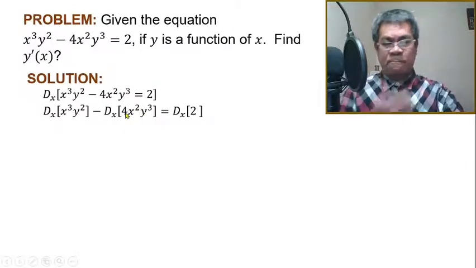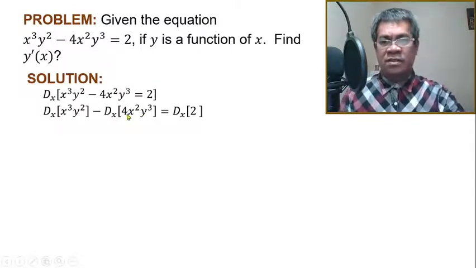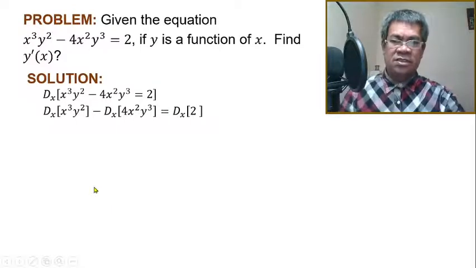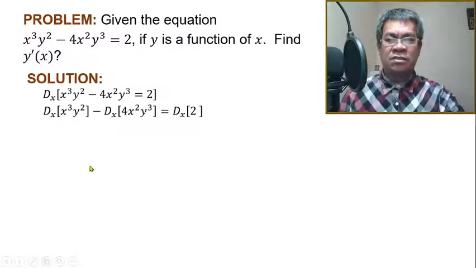By the way, 4 is constant, so it doesn't affect. Do not treat that as another factor. Treat only the variables. So we have x and y, 2 factors, so apply the product rule. The derivative of UV is U dV plus V dU, one at a time. It can be interchanged, unlike the quotient rule.